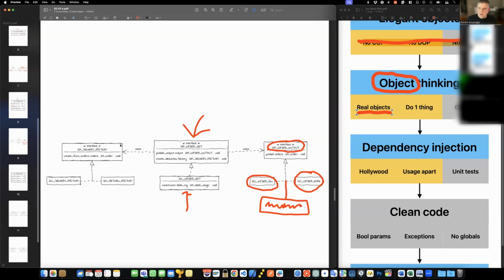To create deliveries, I have a further interface here called delivery factory, which can create orders. I have also split this functionality. So, for example, for regular client deliveries, I have a delivery factory class here, which deals with that. And if I need to call my BAPI in a different way to create return deliveries, for example, then I can implement the second method. In that way, I have scattered the responsibility among classes. So my order set is only responsible for querying the database and pushing data to other interfaces.